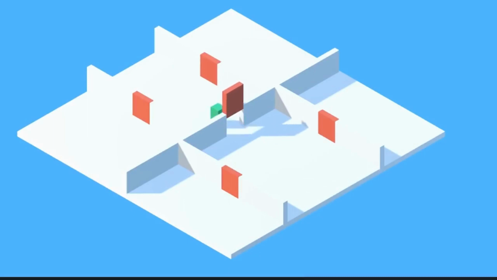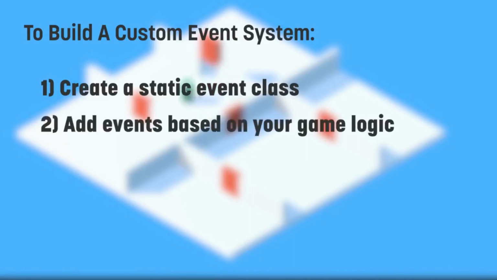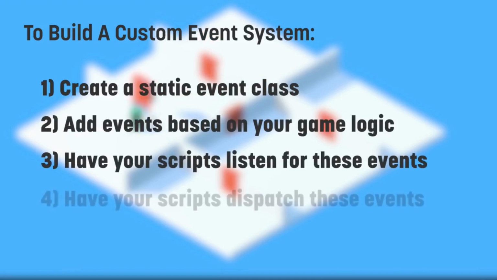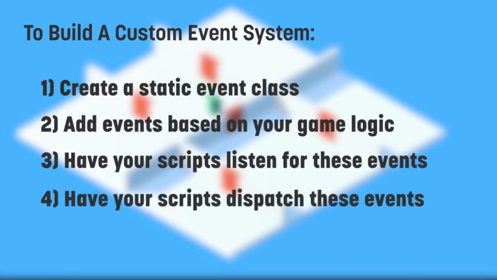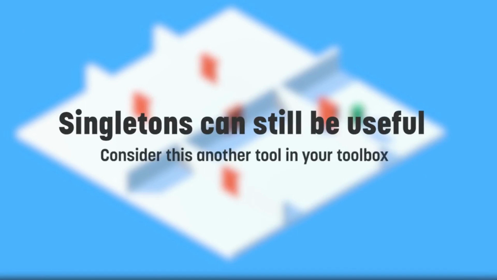And that's about all there is to it when it comes to building a custom event system. Simply create an event system class and have it hold events relevant to your game logic. Then, whenever you need scripts to talk to one another, subscribe and dispatch the event system. It's a much cleaner and much more flexible solution to passing data between objects in your game. Ultimately, there's nothing wrong with using multiple singletons in your codebase. However, building an event system like this should help you cut down on unnecessary singleton instances and reduce heavy dependencies